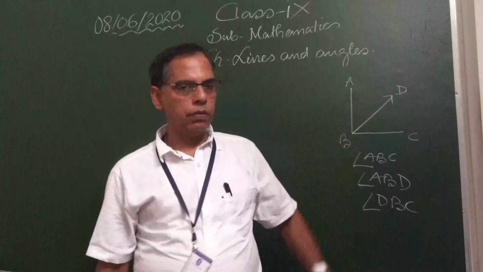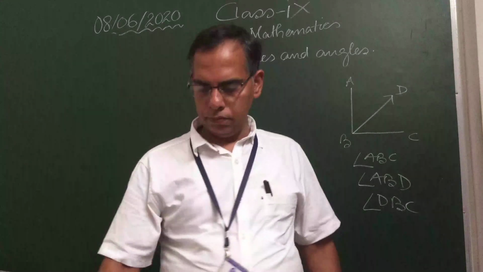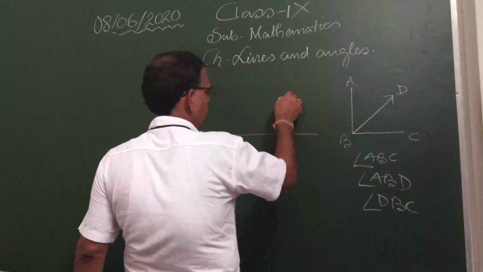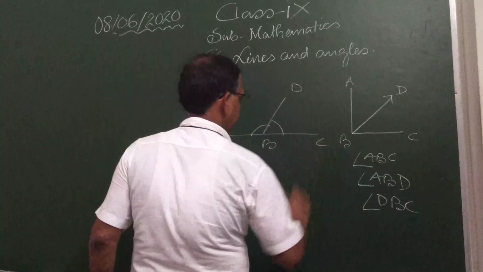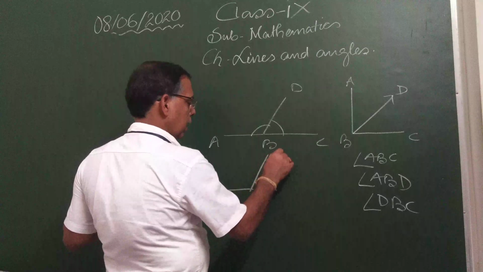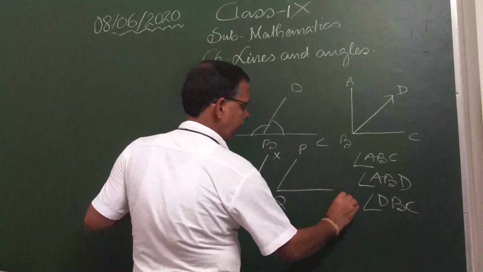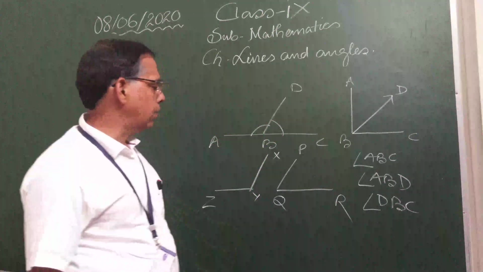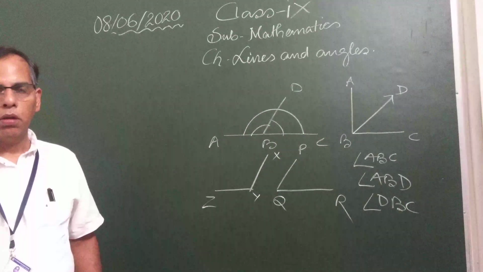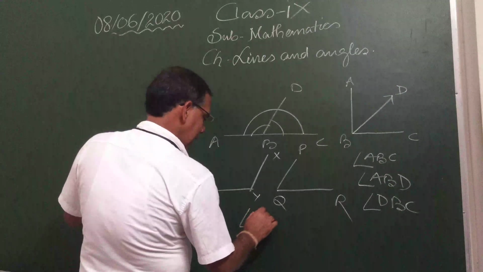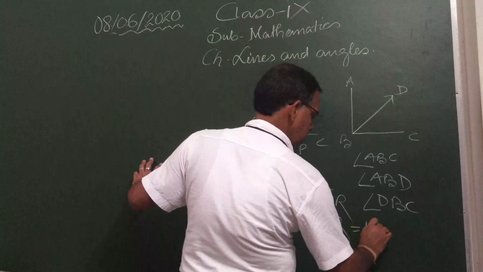Similarly, if 2 angles make 180 degrees. Suppose this is D, A, B, C. And another one you see, X, Y, Z, P, Q, R. When you see these, the measure of these 2 angles is 180 degrees. And if I write angle XYZ plus angle PQR equal to 180 degrees,